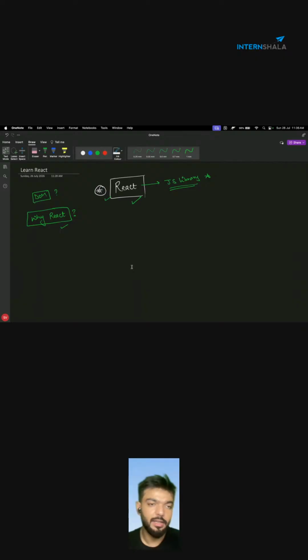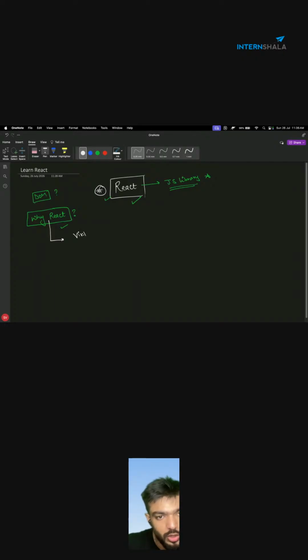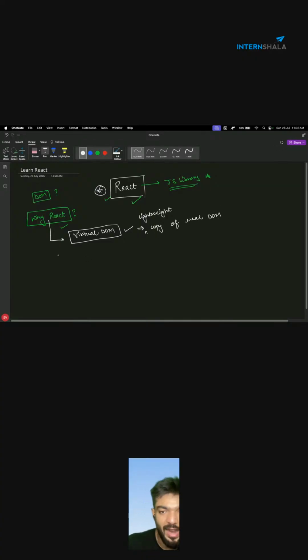Again, you all were correct here, but there is one factor because of which React became very popular. The factor is virtual DOM. React has a virtual DOM. What is a virtual DOM? It is a lightweight copy of your real DOM. It's a virtual lightweight copy of your real DOM, and what it supports, and why it is so